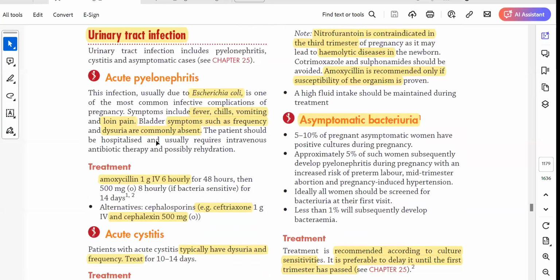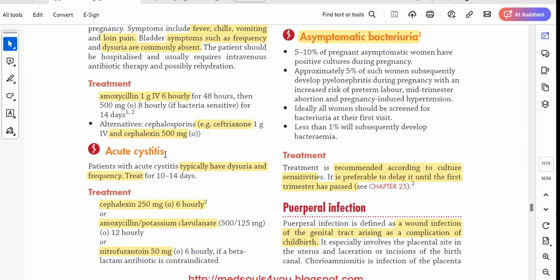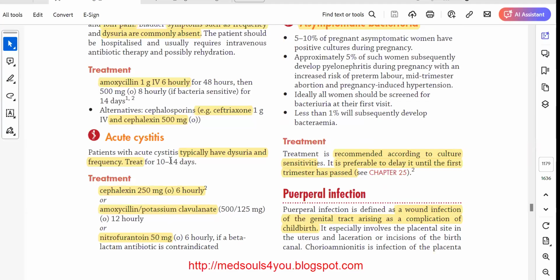So let's start. First of all, urinary tract infection. All of you know how the urinary tract infection usually presents. Acute cystitis means infection of the lower urinary tract or bladder. Lower urinary tract infection mainly comes with dysuria and frequency. So the patient will have burning discomfort and increased frequency of urination, and that will make you think, well, it could be cystitis. So you do a urine dipstick, it will confirm that yes, there is leukocyte, and then you will start